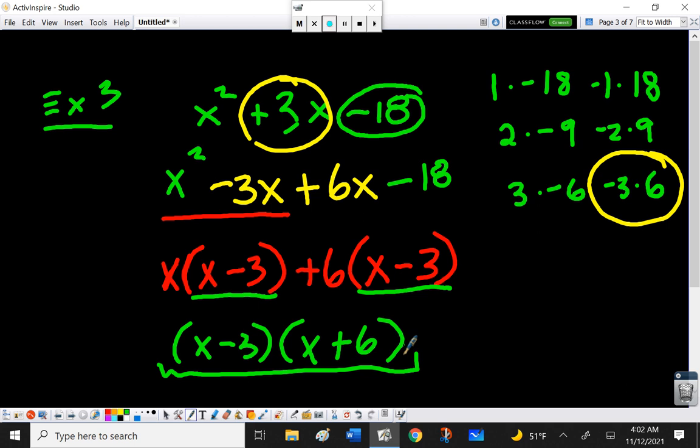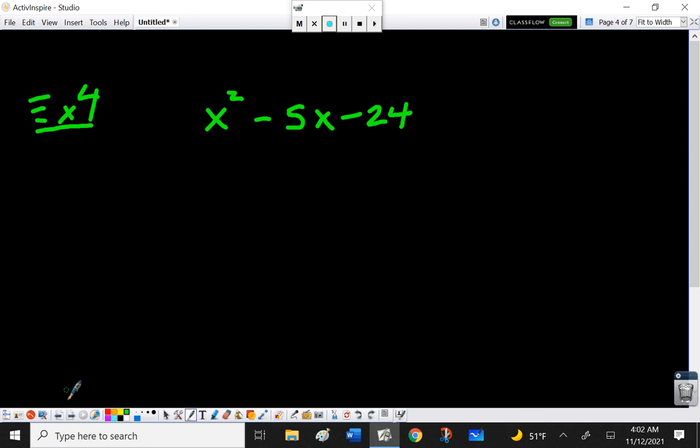Okay? Again, we're looking at these numbers and we have to consider all the possibilities, because we never know. It might be one of the other factors next time. Let's look at example 4. Wow, more negatives. Not a problem though. So let's go ahead and start this off like we usually do. Let's write our x squared, our negative 24,